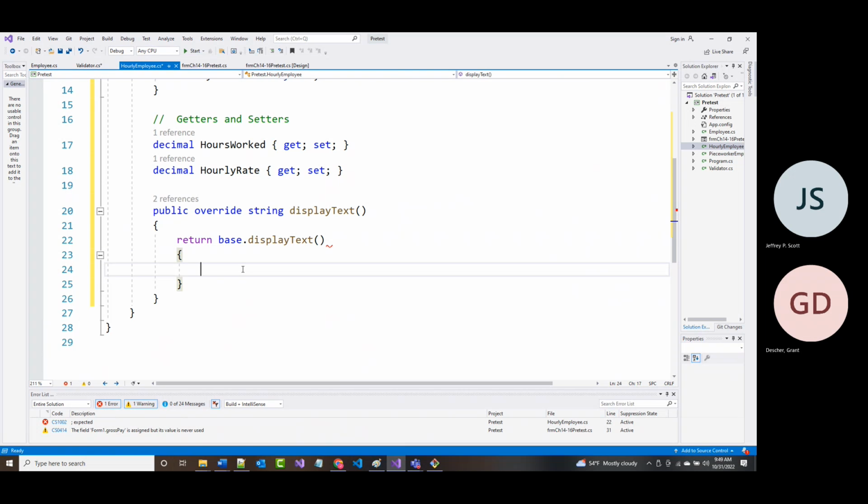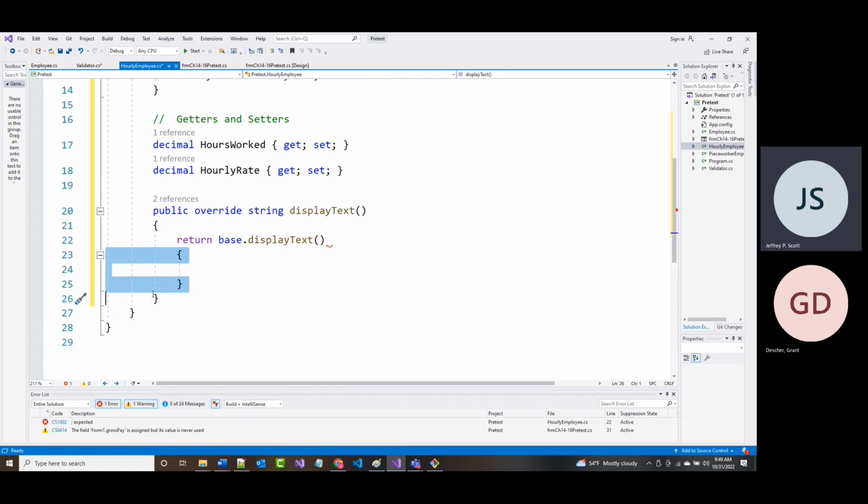So I want to do a return.base display text. Yes, I do want to do that. That'll give me the first name, the last name, and the employee number. Then I want to add to that